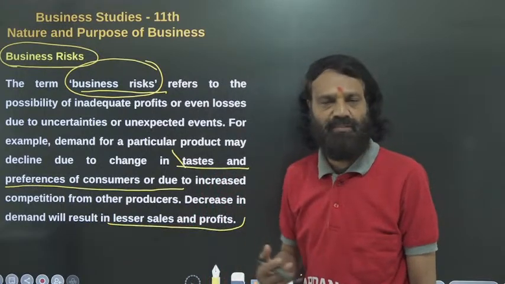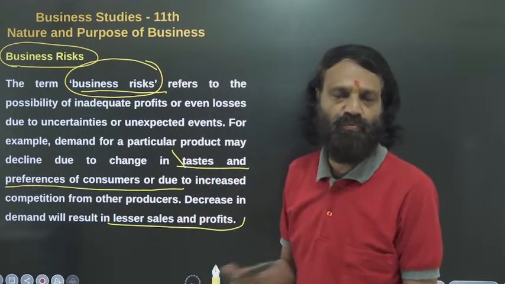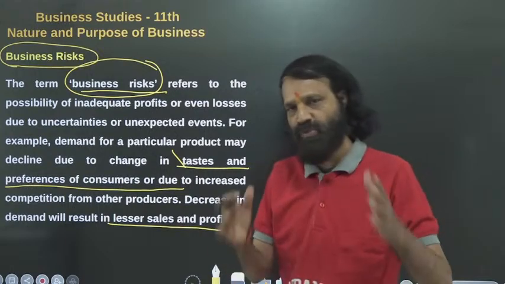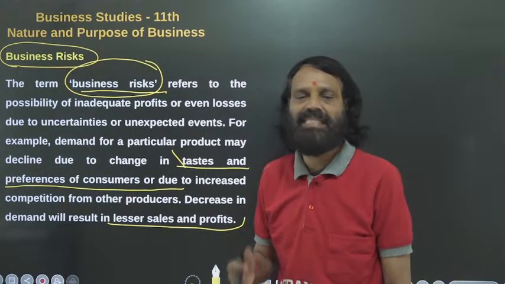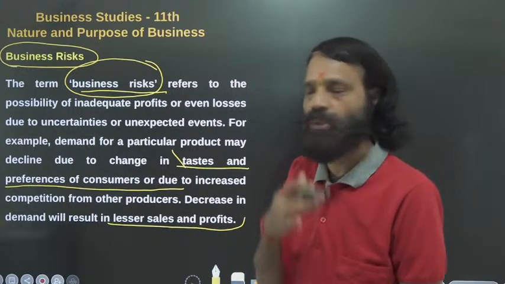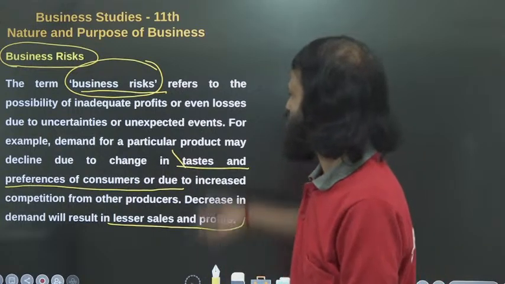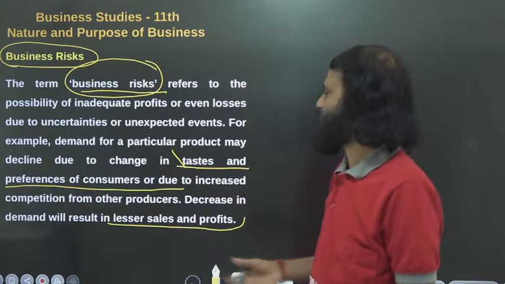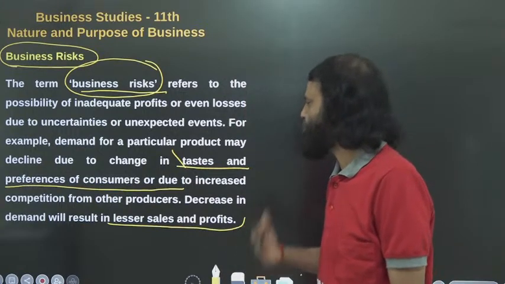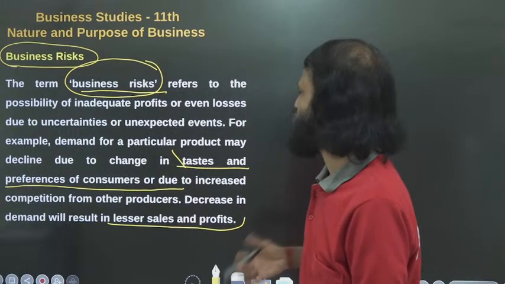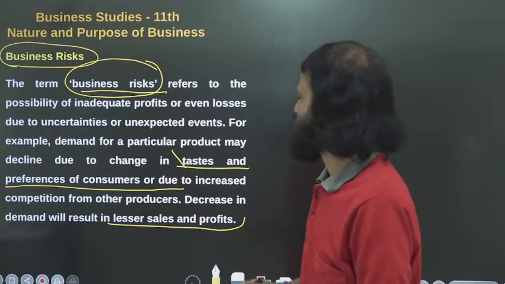Of course, every business organization is doing business for making profit. When the profit goes down, we can say the business firm is not doing well. So the risk is always there, and the risk factors we need to check or correct. That is what this paragraph says.